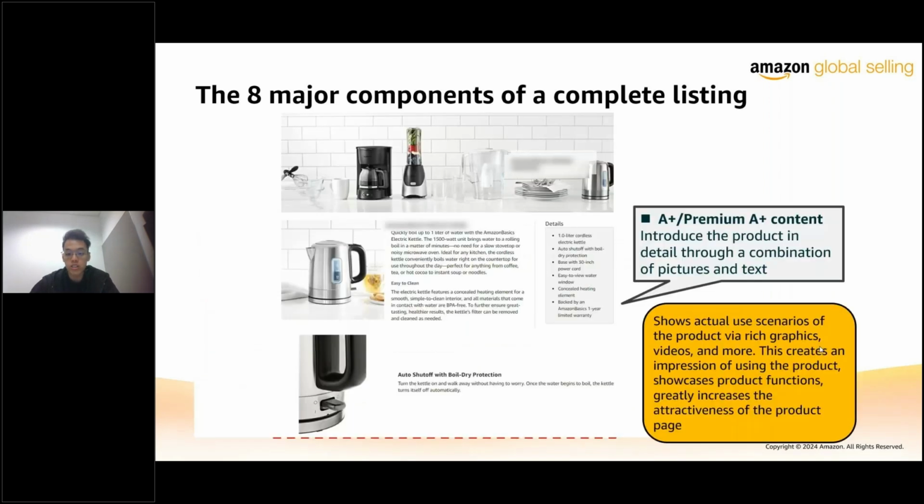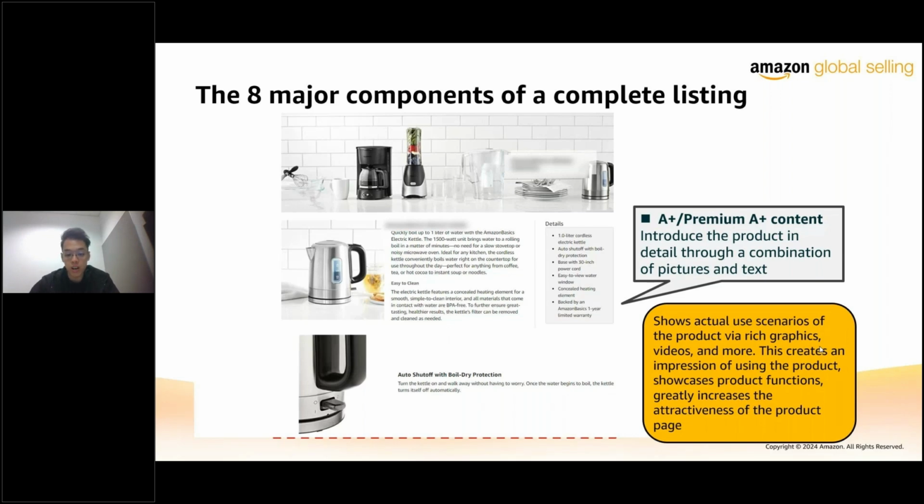So this is what I was sharing, the A plus and premium A plus content. Let's just say you can look at the kettle. You can actually share how it will look on your dining table, your kitchen top. Then you can share a little bit more details about the unique selling point of the product. So for this case, the kettle, one of the selling points is the auto shut off with boil dry protection. So usually we recommend, let's just say you're selling a product, to show the product itself to create more of a